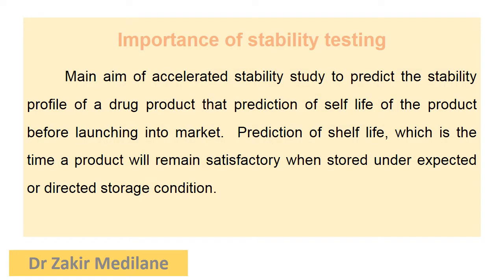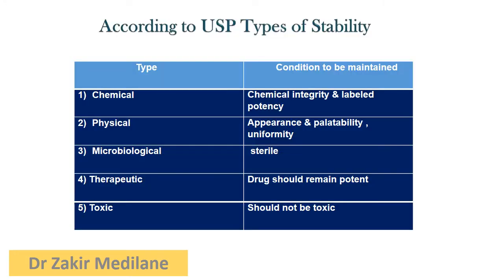Then, if the dispersion is not properly uniform, we can say that the product we have submitted here is not uniform. Then we can say it is physically unstable. We can directly say that it is physically unstable. Hence we cannot go for further confirmation that this product has been physically stable.